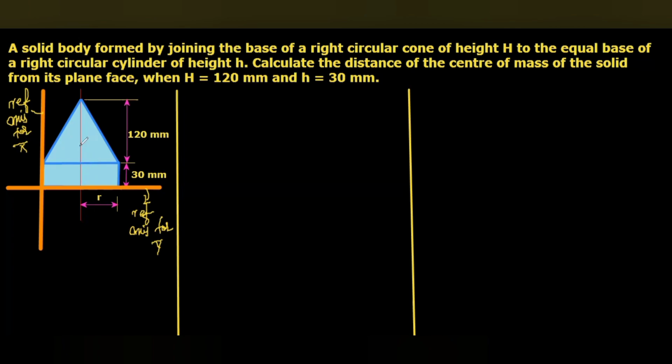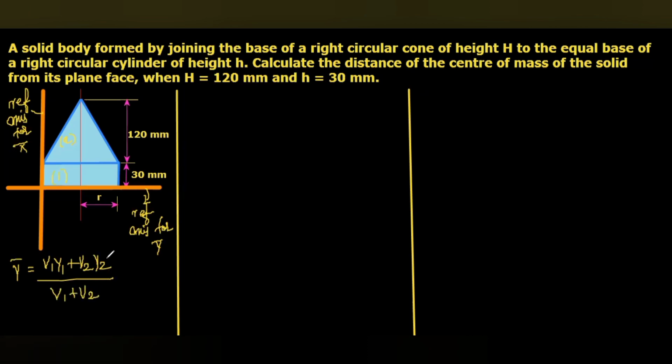And for our convenience, we will separate this solid body into two segments: one, the right circular cylinder, and two, the right circular cone. And here, y bar equals V1 y1 plus V2 y2, divided by V1